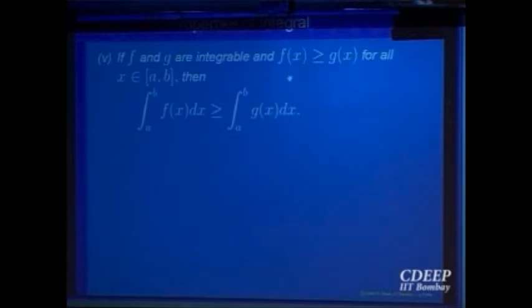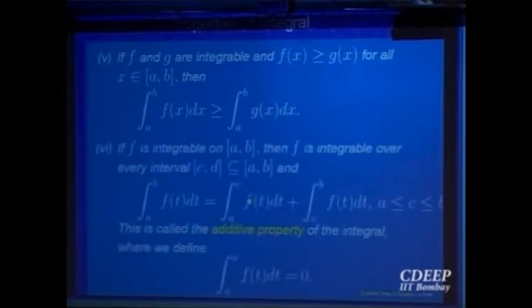And finally, if f is bigger than g, then integral f is bigger than integral g. That again follows, because if f is bigger than g, then f minus g is bigger than or equal to 0. And we have already seen the integral of f minus g will be bigger than or equal to 0, but the integral of f minus g is equal to integral f minus integral g by the previous property. So integral f will be bigger than or equal to integral g. So all these properties follow because of the property of Riemann sums that you can treat your integral as a limit of something, and limits have those nice properties. So using that, all these properties follow.